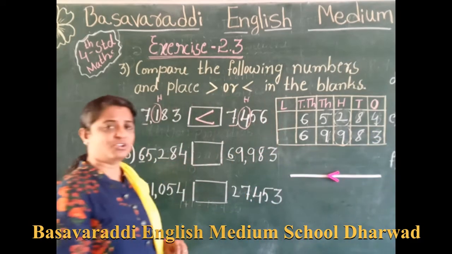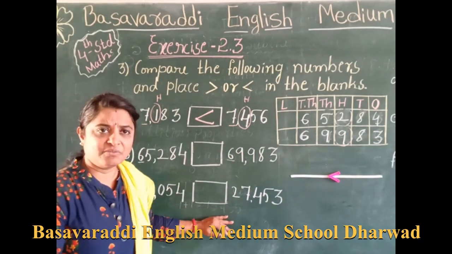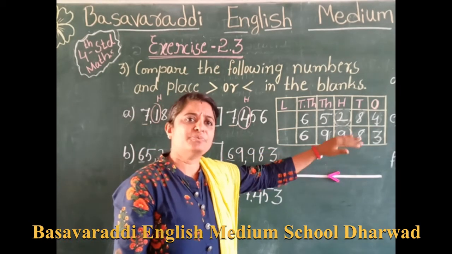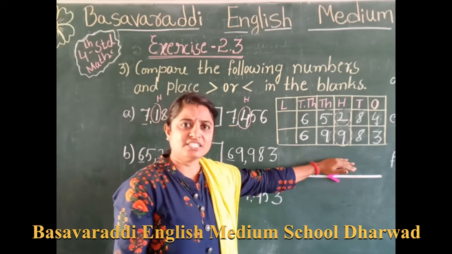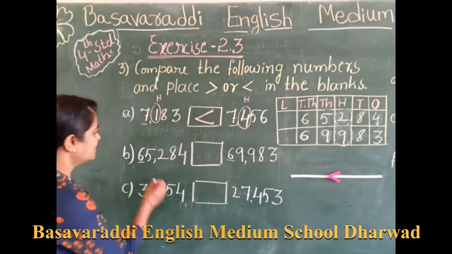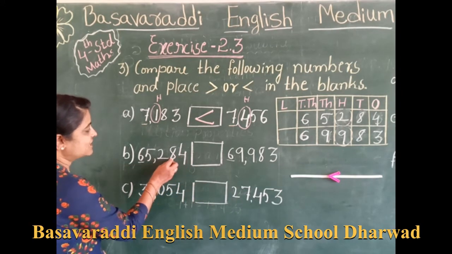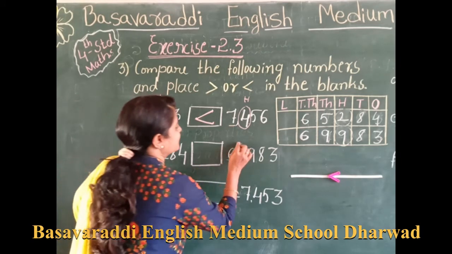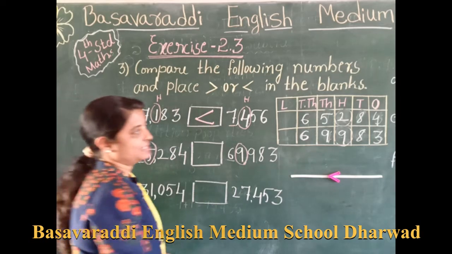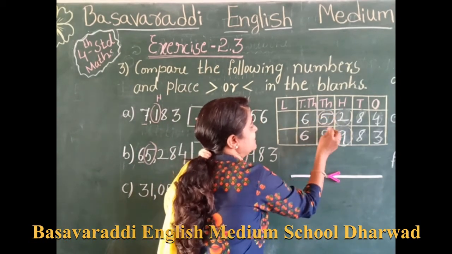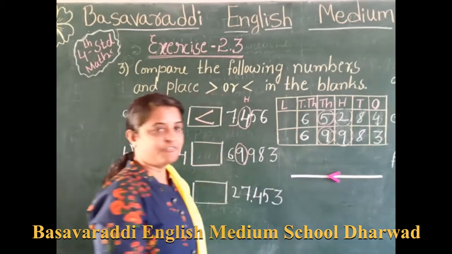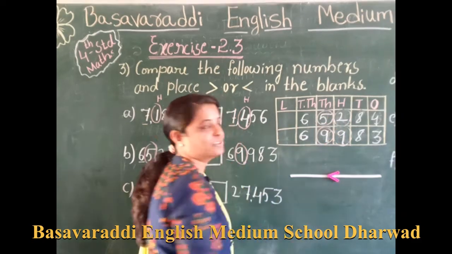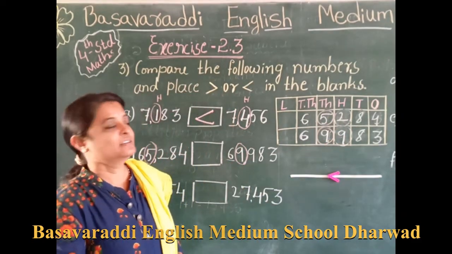No need to write full also. In the next sum when we are going to solve now, I will not write full in the chart. Where we are comparing, up to that we can stop. Understood? See here now. Which place are we comparing here? Ones, tens, 100 and thousands place, because here it is 5, here it is a 9. See this one we are comparing. That's why here itself we are comparing these both numbers. Then only we come to know which is greater and smaller.